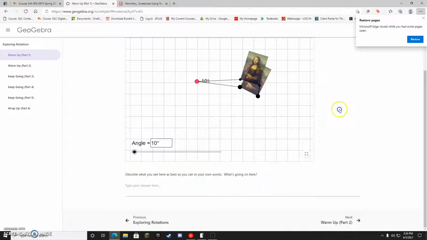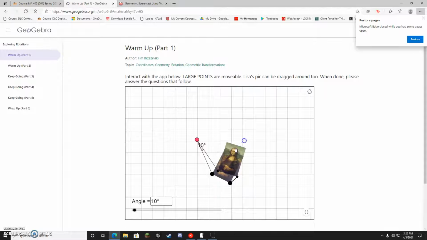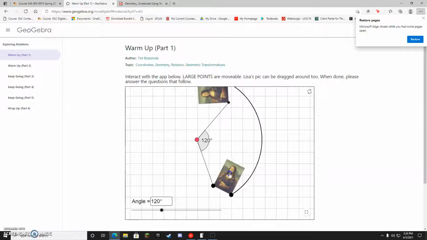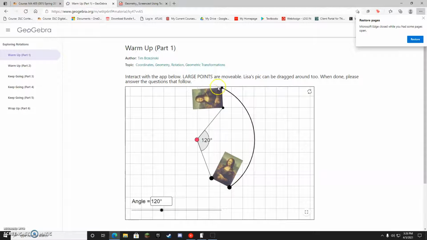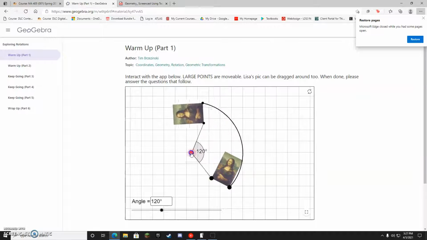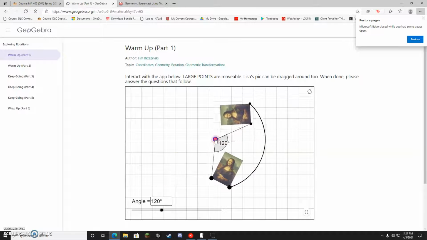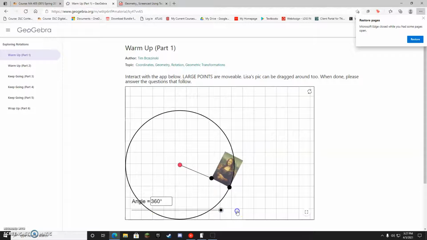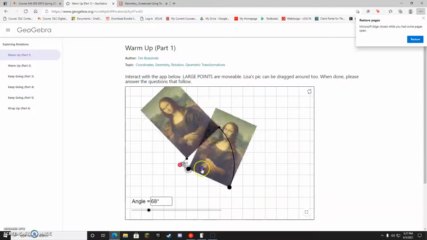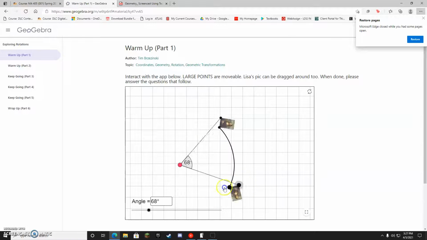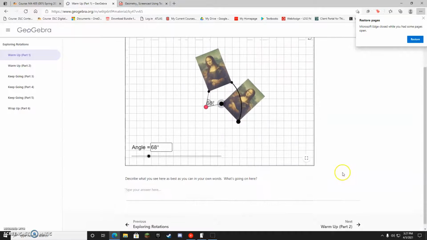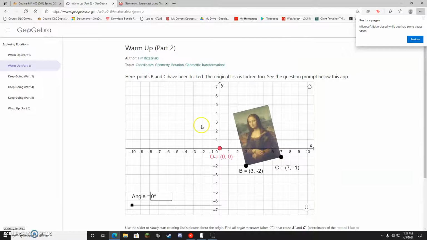So in this one, it's more just like you can explain that, oh, well, the points to the right, the points on the Mona Lisa, are always connected, and then the points on the left are forming this angle. You can move the angle around, it'll move the image and pre-image around, increase it. When you bring it to 360, they overlap each other. The size of one affects the size of the other, things like that. There's quite a few things that you could say. It's really open-ended. And then when you go to the next part,